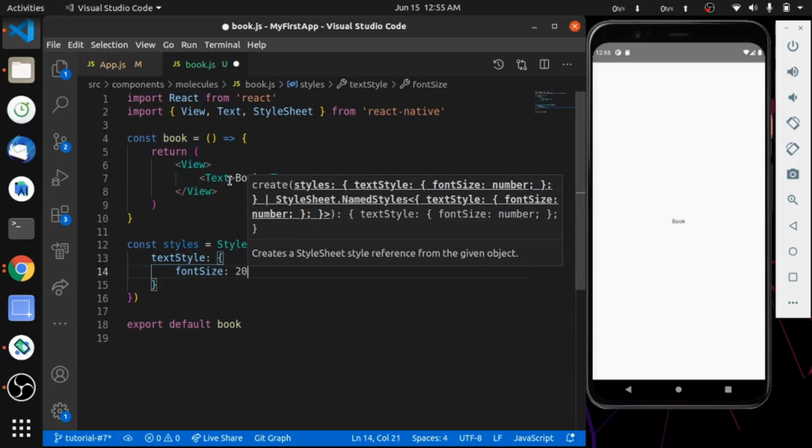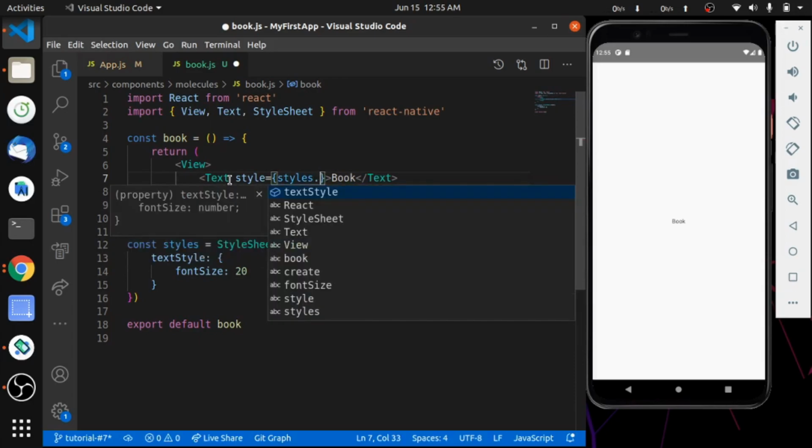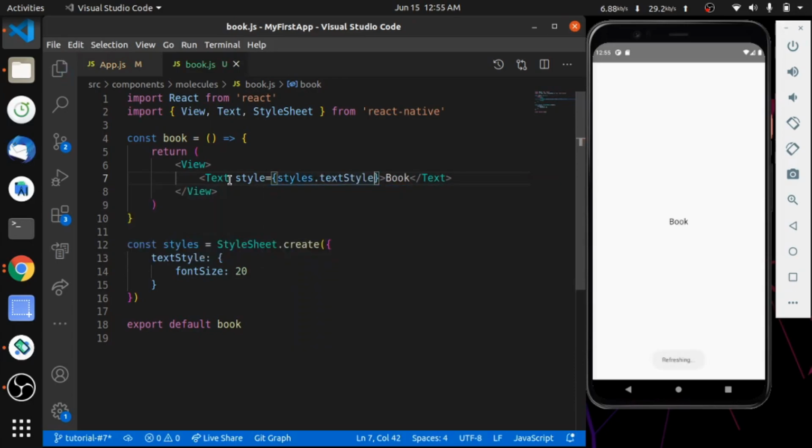Now let's use this style with the text right here like this. Look here in the mobile, it has updated the text size. Increasing it to 30 for more clarity. Looks good now, right?